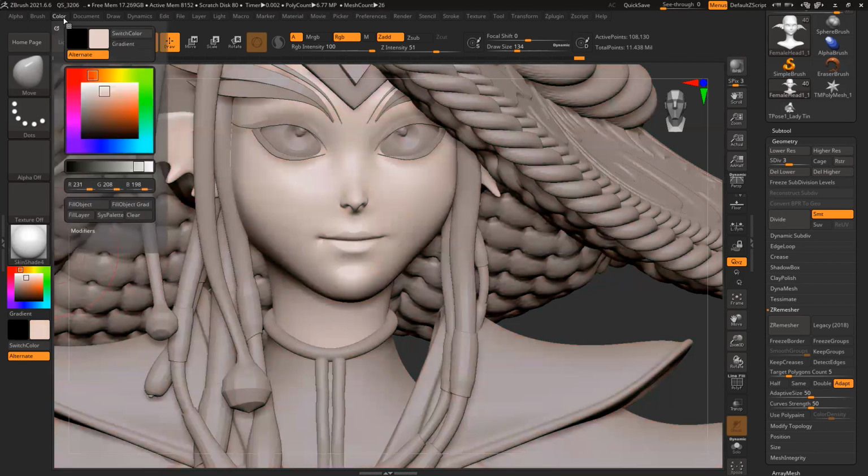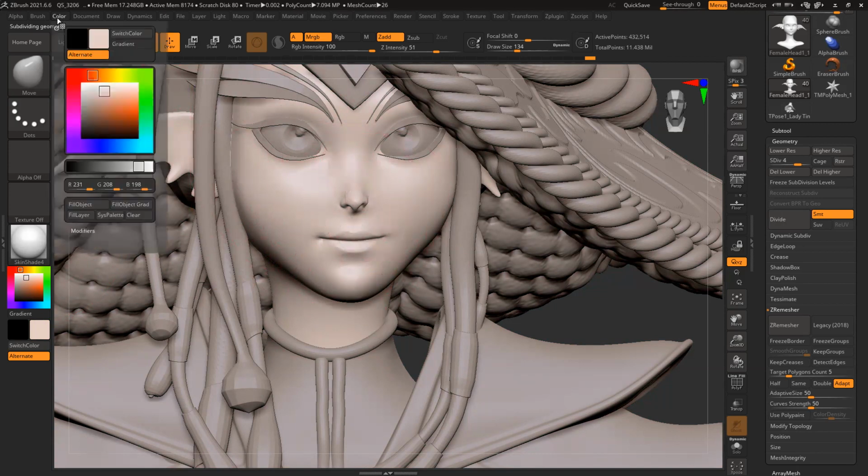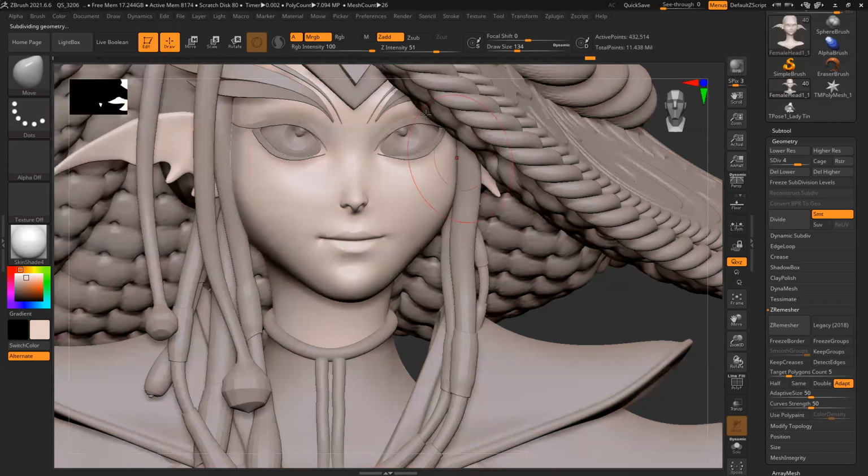This color. So I'll switch on MRGB, material RGB. Let's go to higher division, Color, Fill Object. So now this is of this color.